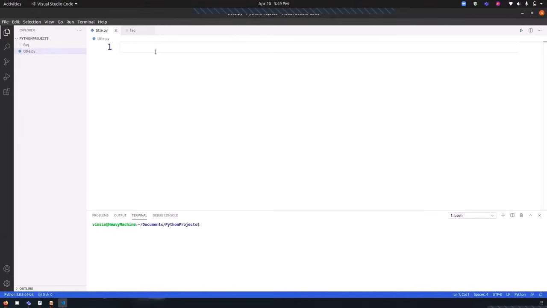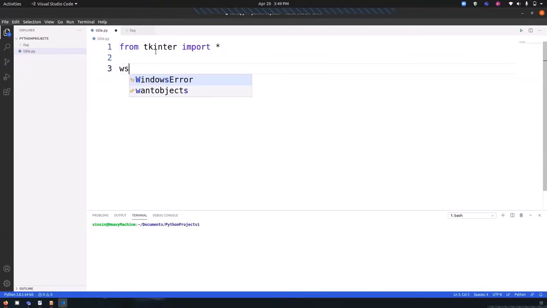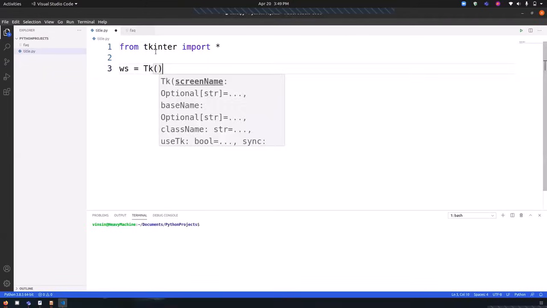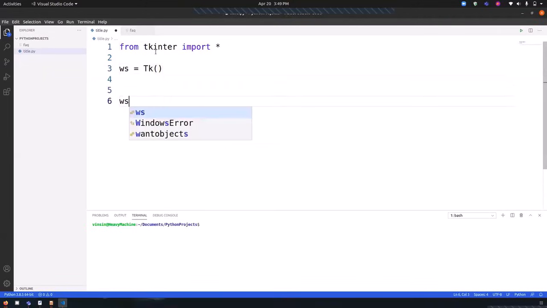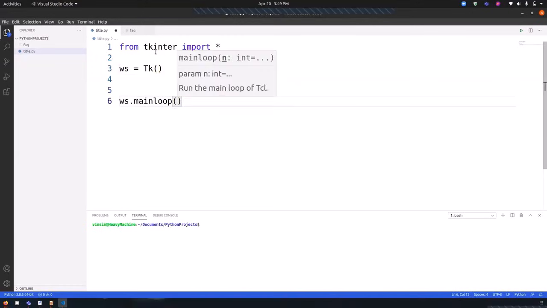So let's get started. First thing first, import Tkinter. From Tkinter, import everything. Now we have to create our main window, that is Tk. Now we have to start our infinite loop. Now if I just run the program,